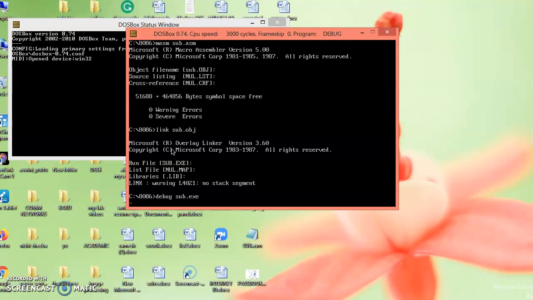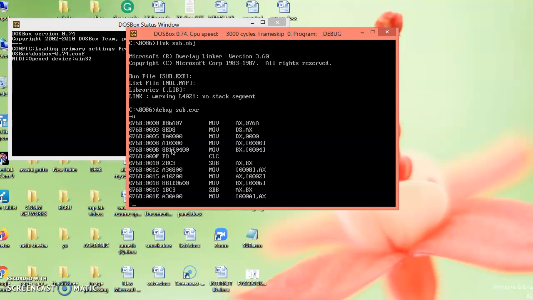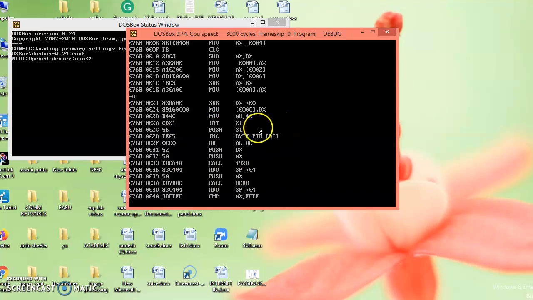First I'll unassemble the program, so it is U. See where your interrupt address is. If you don't get the interrupt address, you can put U again and find out the interrupt address. So the interrupt is 002A.